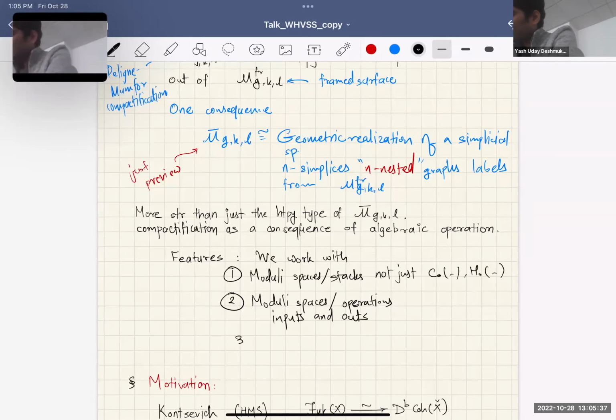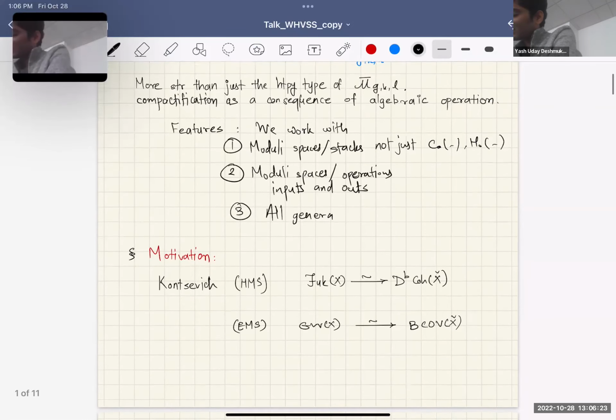And the third point I want to mention is we work with all genera, not just genus 0. There have been descriptions which have individually incorporated one of these points, and I will briefly mention them later on, but all three of them appear in our description. That's something new about the description. So this is roughly what I'm going to talk about. Are there any questions about this? Great. If not, I will start